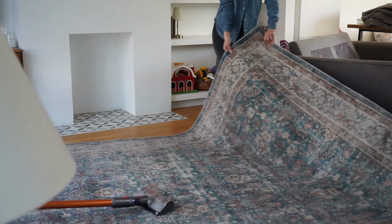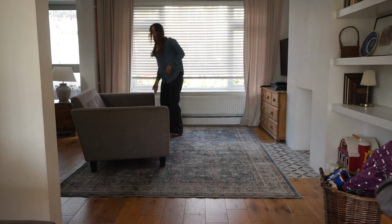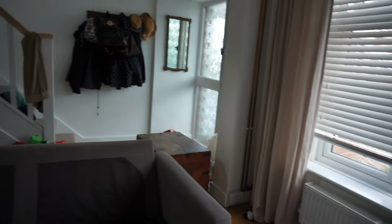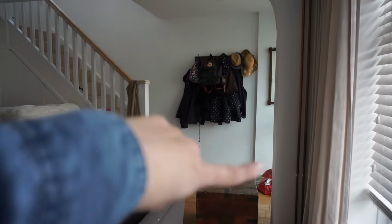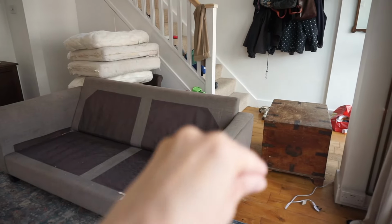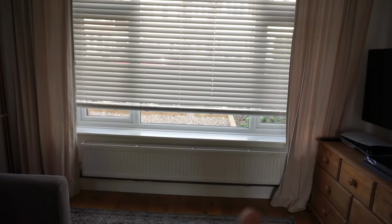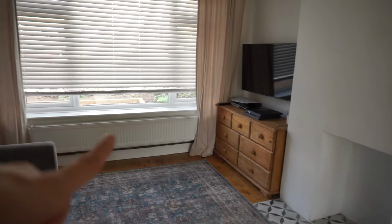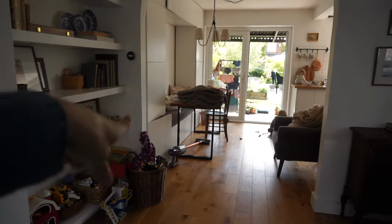I find though that pulling out the furniture, it brings out all the furniture indecision in me. We're a bit all over the place, but this is what I find difficult about putting furniture in this room. We have the entryway, hallway, archway, which was open when we bought the house. We do sometimes put the sofa here, so it's a bit of a divider of the room. But then we've got a window on this side, which is where I normally put the sofa. But I do actually prefer the sofa here, but I don't know if it just looks a bit too squashed sometimes. I don't know. But then we have TV, fireplace, alcove, and then we have another opening to the dining